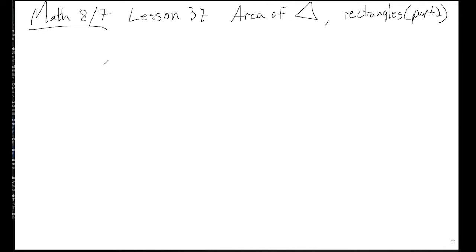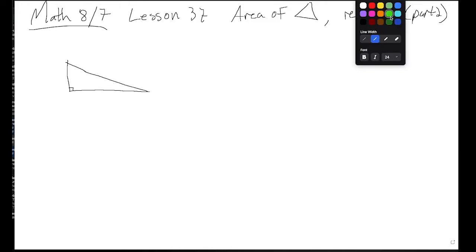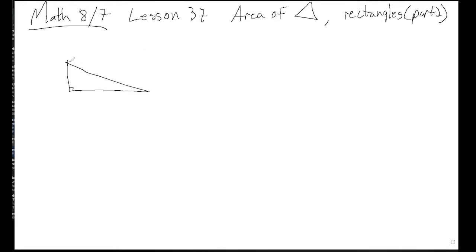Okay? So if you think about a triangle, here's a classic triangle. This is actually a right triangle because it has a right angle in it. A right triangle is always half of a rectangle. So if I went like this, boom, boom, then that would be a rectangle, right? So if I had dimensions like an 8 and 5, and I wanted to find the area of the rectangle,